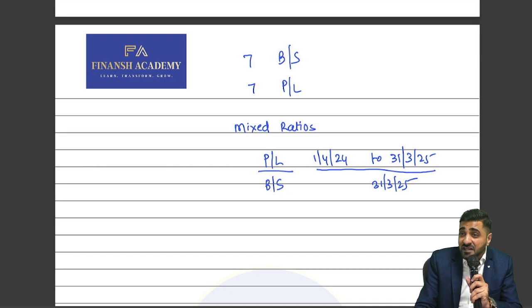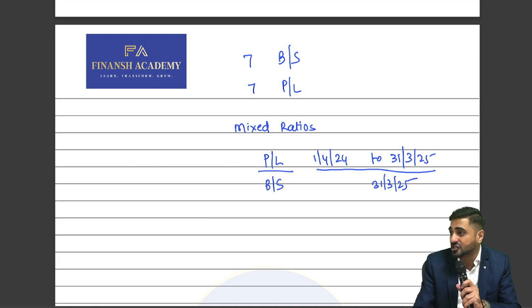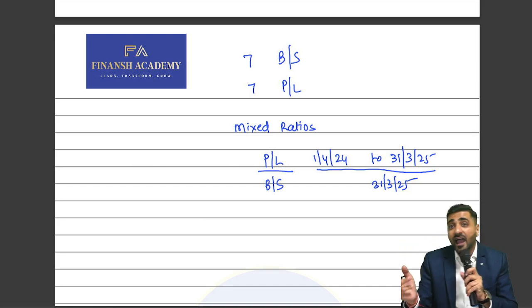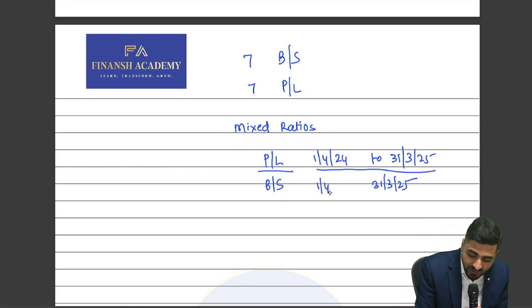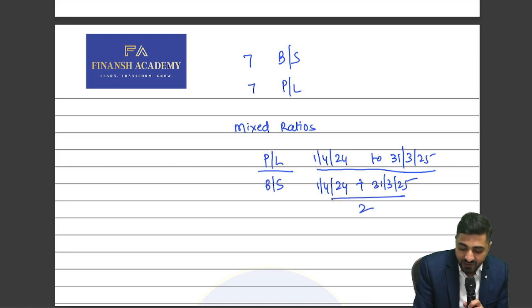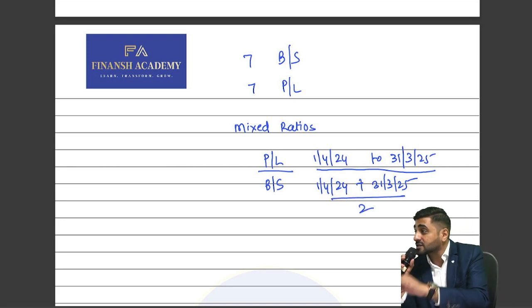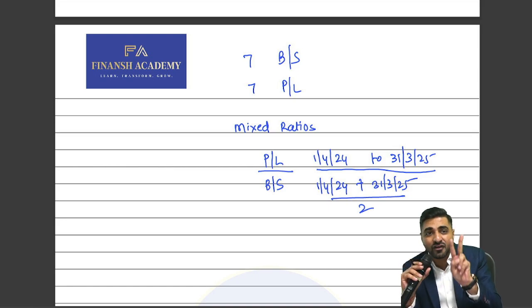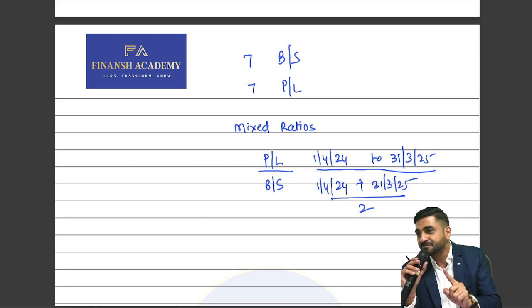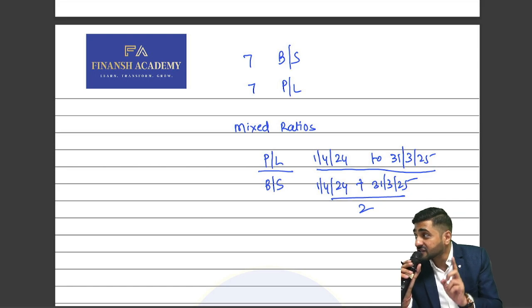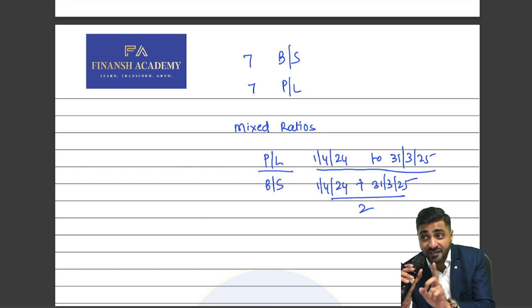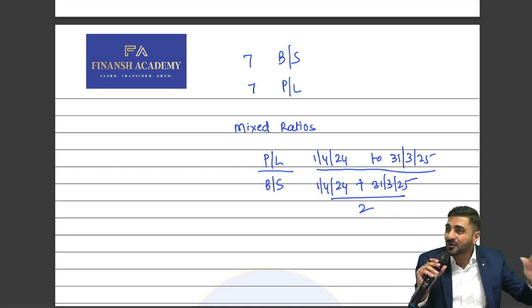And that's why in mixed ratios, it is important that you take in the denominator some average. What do we have to take in the denominator, beta? Average. That's why the average will be from 1st of April 24 to 31st March. So we take opening balance sheet figures and closing balance sheet figures and take the average of it to eliminate the timing difference. And this is only to be done in which set of ratios, guys? Mixed ratios. You don't do averages for P&L and balance sheet ratios because there are no timing differences.